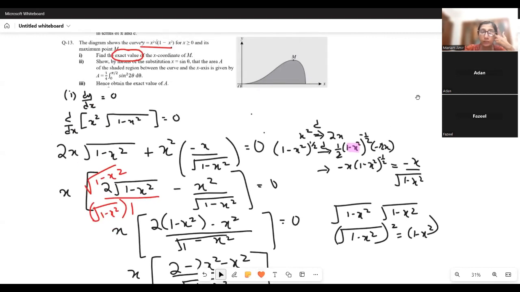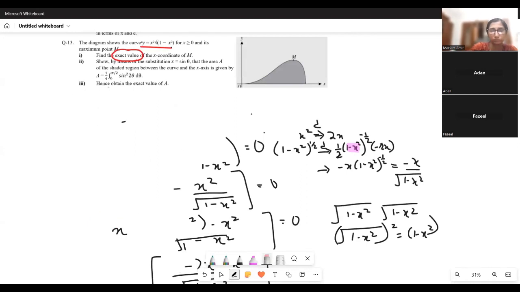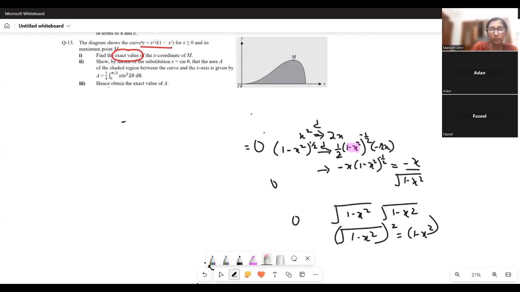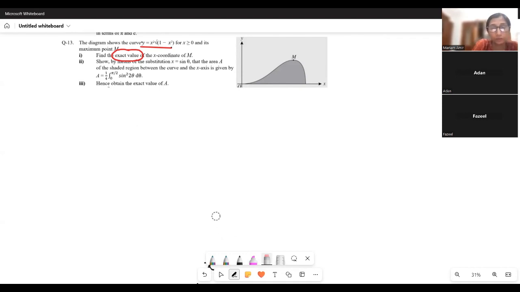Next part says, show by means of substitution x equals sine theta that the area of the shaded region between the curve and the x-axis is given by that. We have to use the substitution and then integrate to show that the area is equal to what's given in the part. Okay, so substitution is